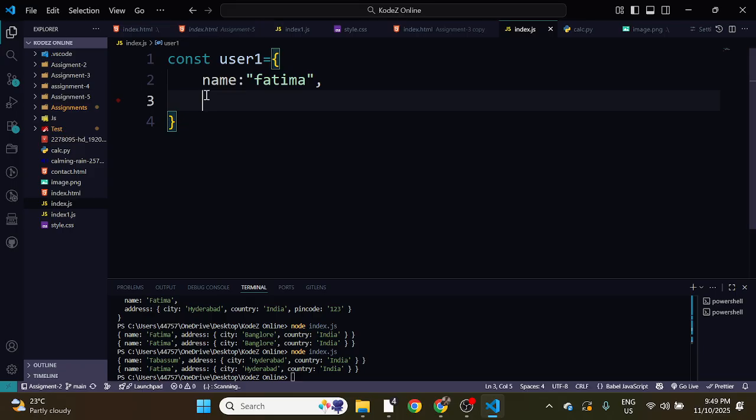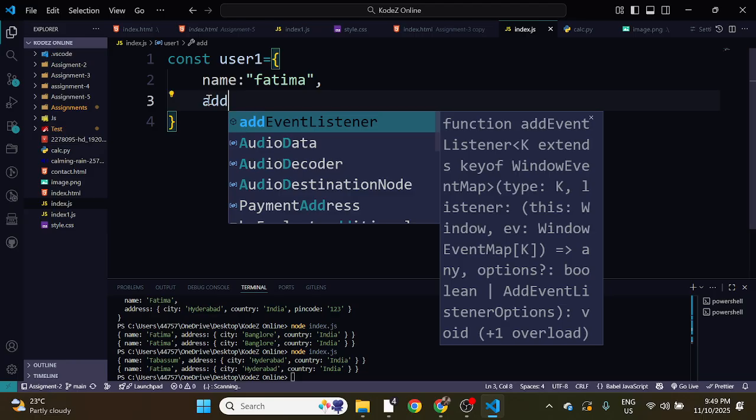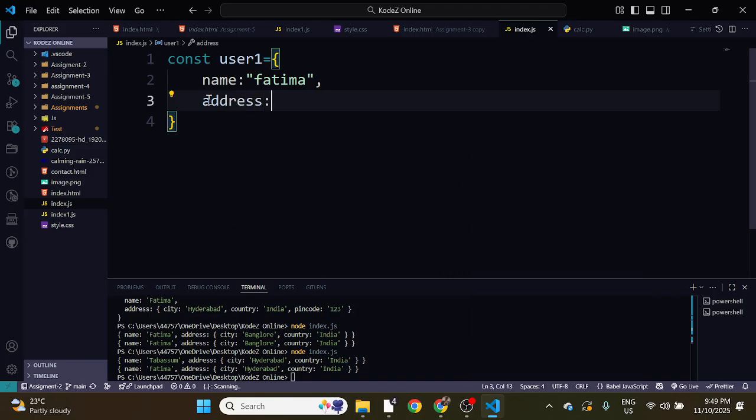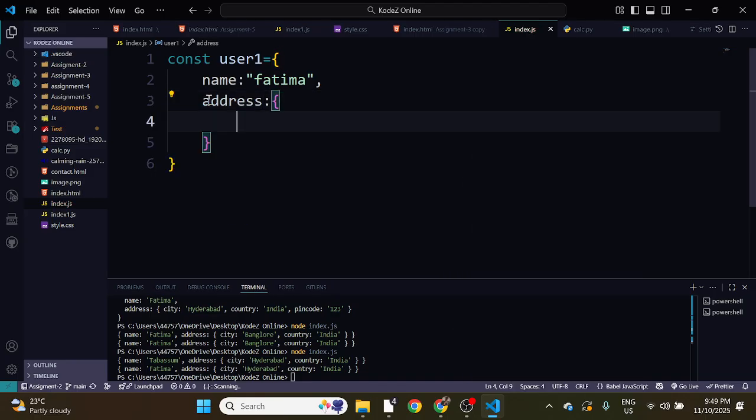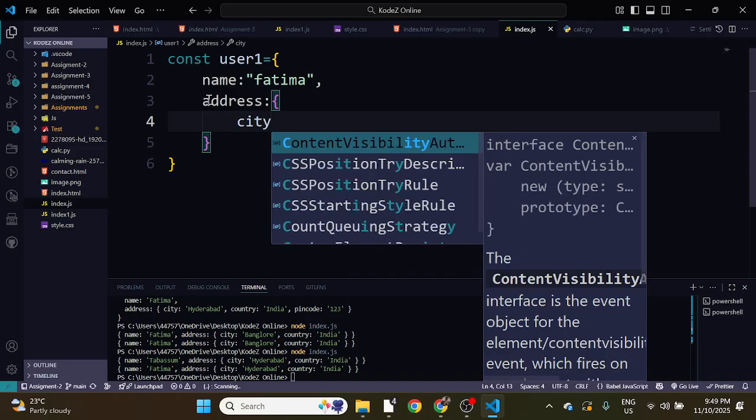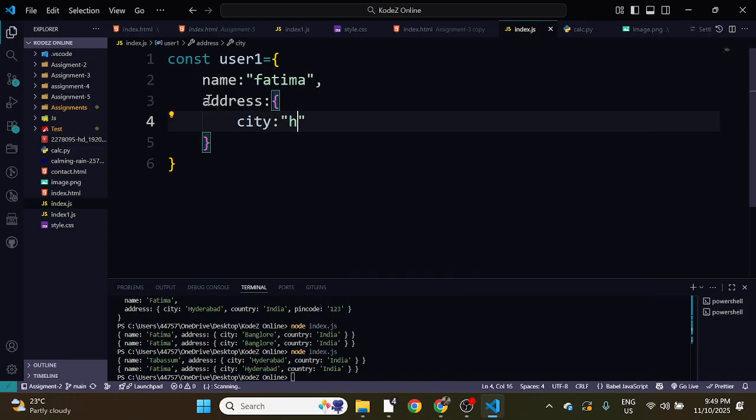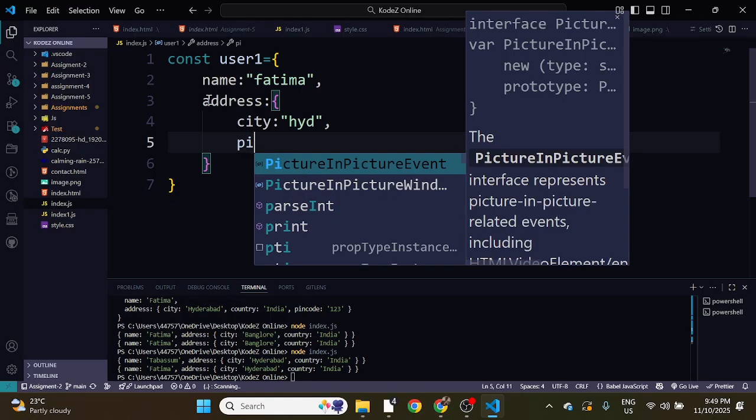So this one is your upper object, right? It contains one more object, that is address. Inside it I am giving city, Hyderabad, and here I am giving pin code